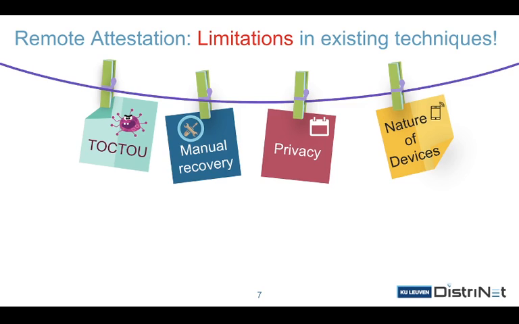However, we would like to highlight two minor related ones, which are privacy and the nature of devices. By privacy, we mean, is it possible for the verifier to attest the prover without having any clue about its memory or software? In many scenarios, verifiers are trusted but also limited devices, and accordingly, they can't keep a snapshot of the memory of nearby provers.